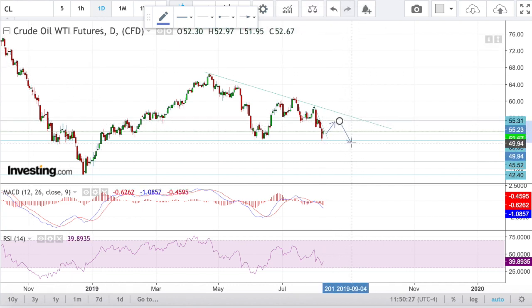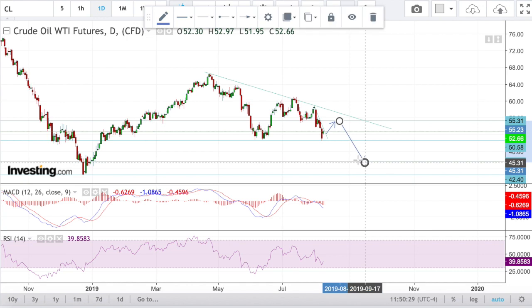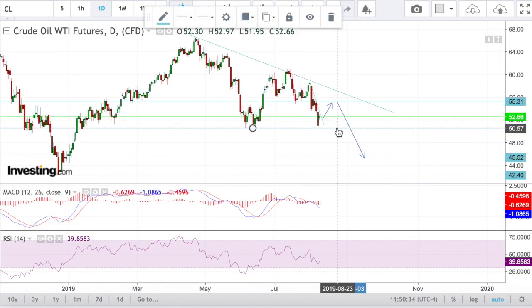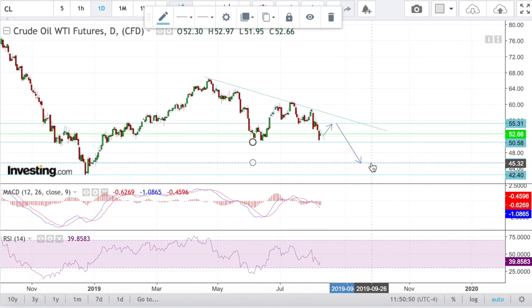And then we'll obviously resume the leg down if the short case plays out, and that would come on a break below 50. I think if we start breaking impulsively under this level that we've encountered twice, the selling will get more impulsive, and we'll definitely see a leg down to this 45 level, and potentially squeeze in a little bit of extra selling at the end to visit the 42 level.